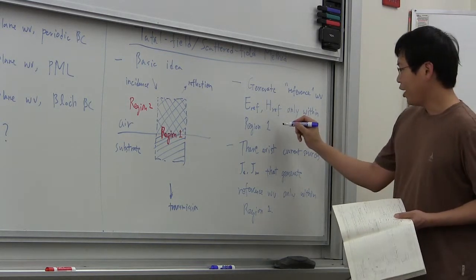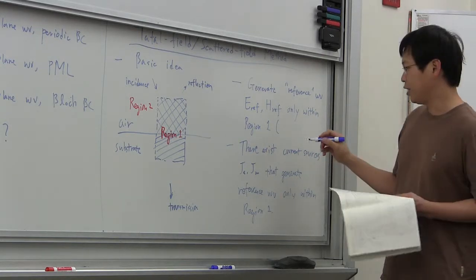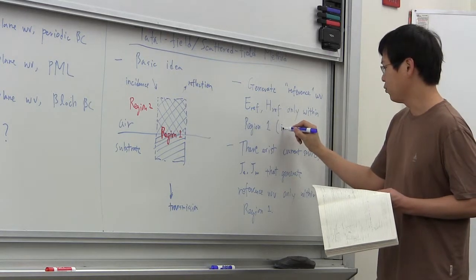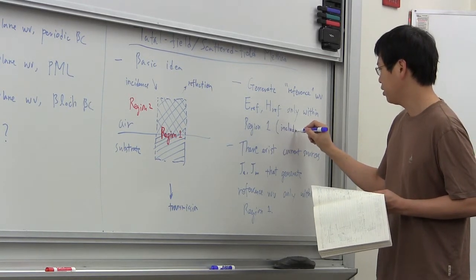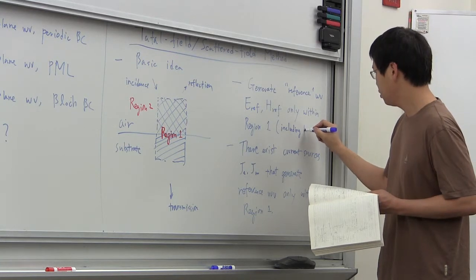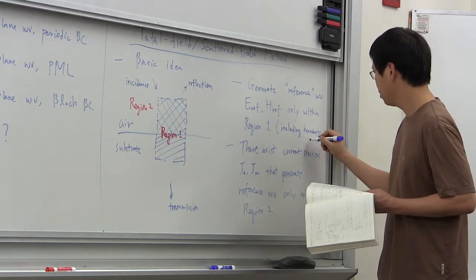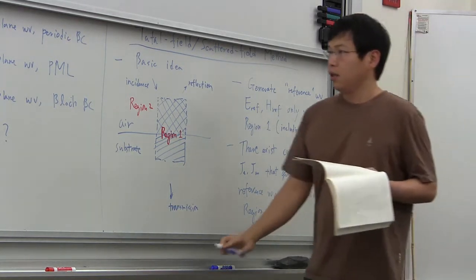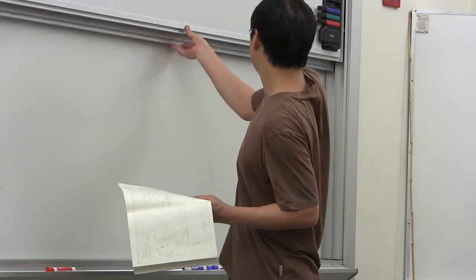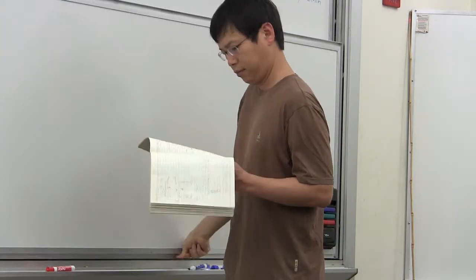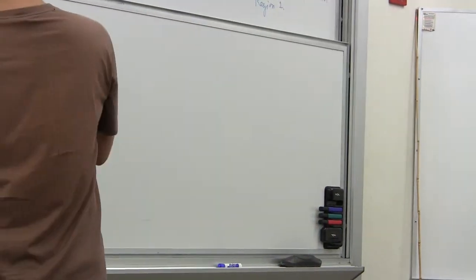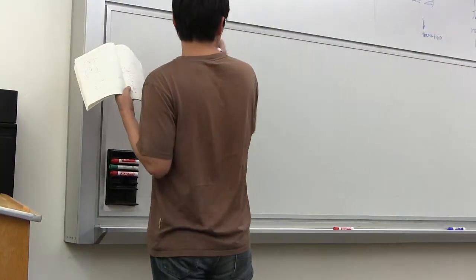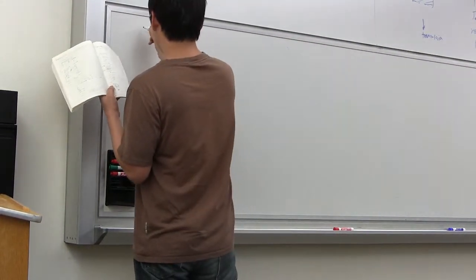So, by the way, by region 1, I mean the inside of the virtual box and also the boundary. So this region 1 includes the boundary. So what I mean by that statement is that